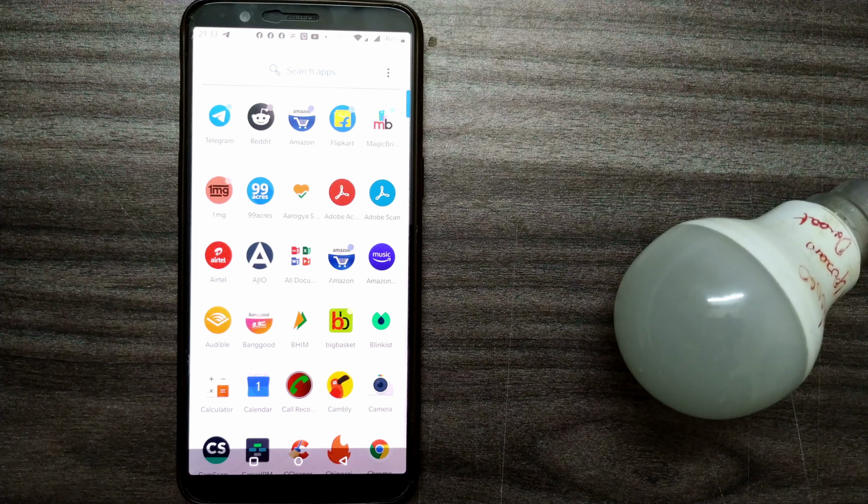Well, today we'll see a very useful app about the hands-on experience of that app, that is Google Keep. It's one of the most popular productivity apps or note-taking apps that you can find for absolutely free. Without wasting any time, let's go directly to this app, that is Google Keep.